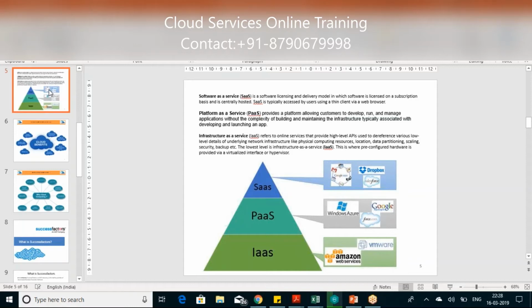The second service model that you have is platform as a service, where you'll be given a platform as well. Like force.com, where Salesforce is developed. Then we have Google App Engine or Windows Azure. These are all the platforms that we have, where you can actually build your application. When you go to force.com, you can build your own application. Take down the requirement of the client, you build your own application. You need to have the understanding of force.com.